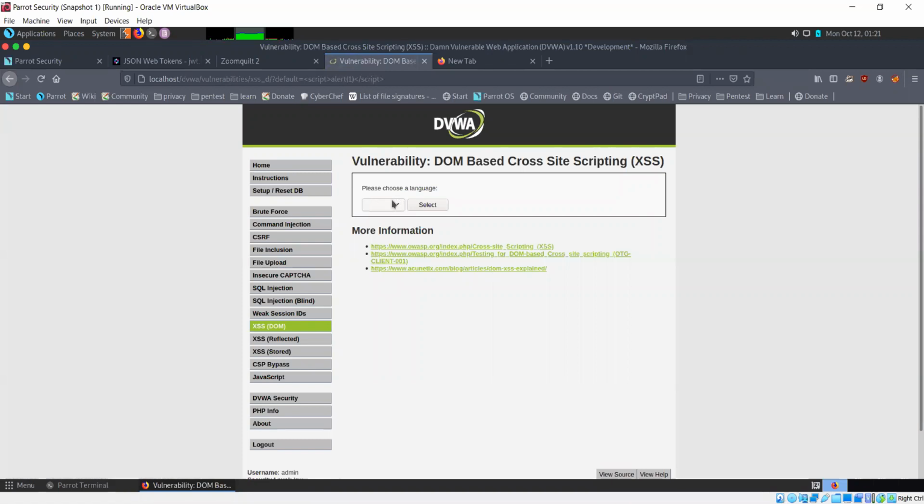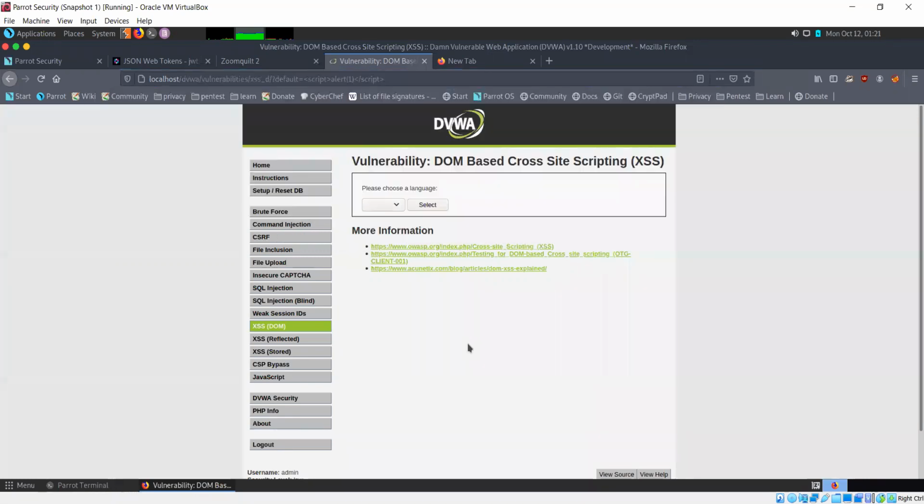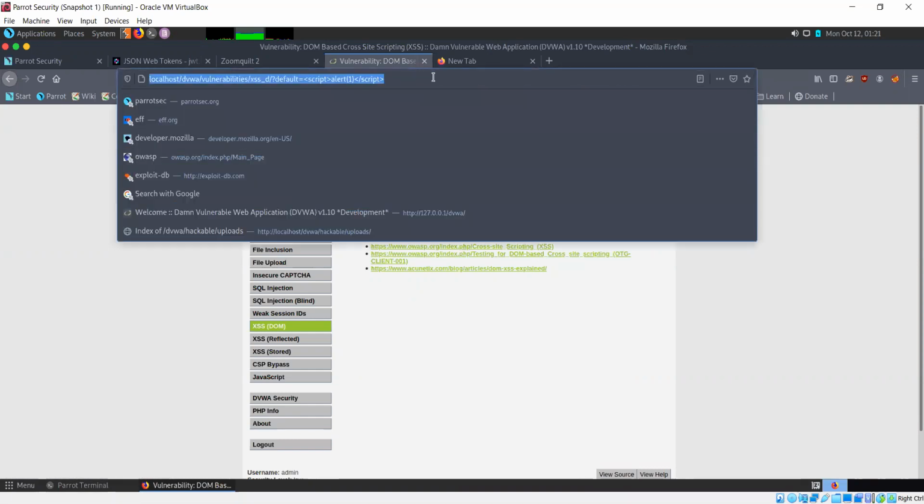Of course it won't show up here because it's a script, so it doesn't really show up. But we've seen that when we interacted with the default parameter and specified a custom value for it, we were able to perform DOM based cross-site scripting. So we were able to use JavaScript to manipulate the content of the page. Now you are seeing this alert not because it's in the URL, but because it's being changed here. It's changing the content of this selection box. So that is how we are able to do this.